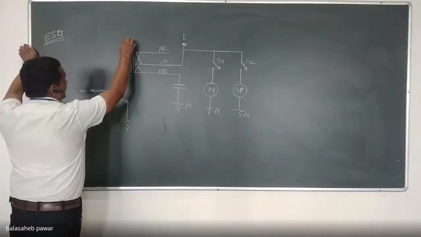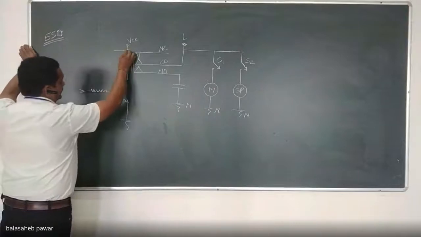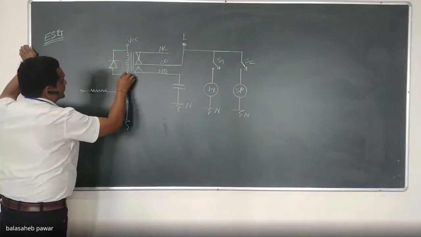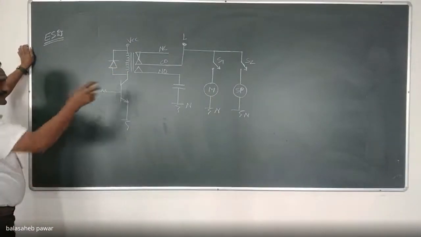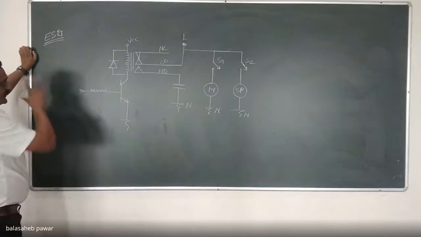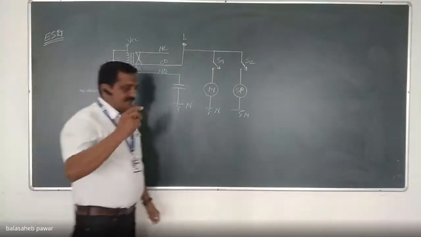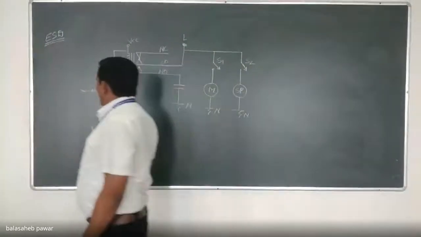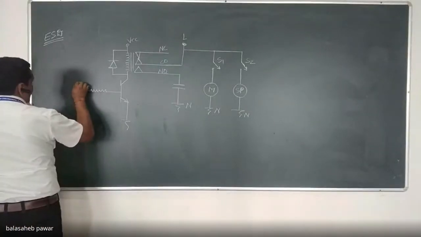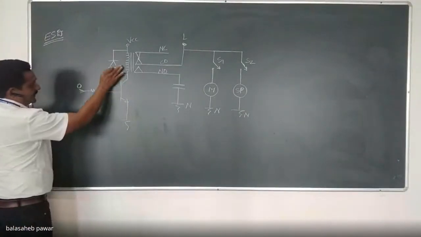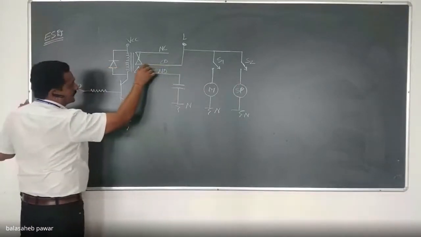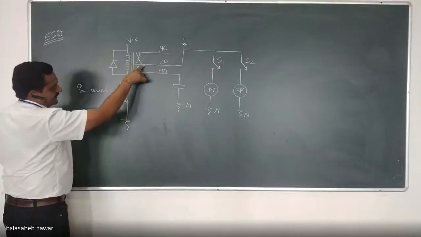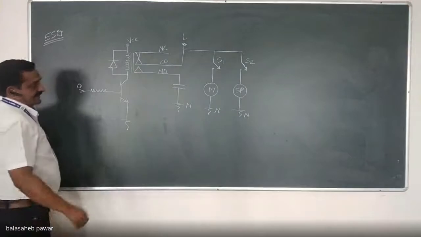Here it will be plus VCC, there will be a freewheeling diode and all that. The purpose of that freewheeling diode I also explained last time, so you have to remember it. So the system will be like this. If the power factor measured by our system is above 0.7, then the system will take no action. That means the controller output pin will be logic 0. This transistor will remain off. Relay will remain off. That means the changeover will remain connected to NC. That NO terminal will remain open, so the capacitor will remain disconnected.